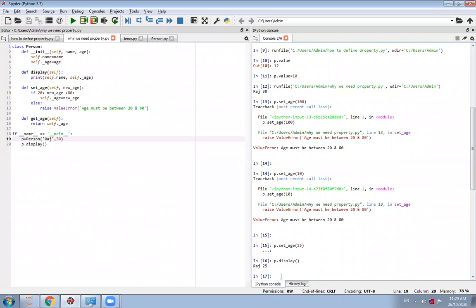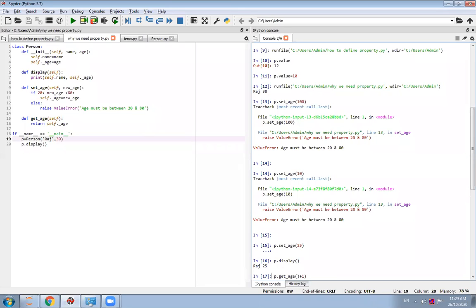Similarly, suppose you want to increase this age by 1 like an instance variable. Since age is a private variable, the client has to use the get age method to access it.